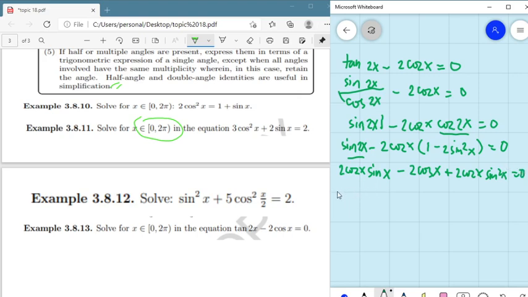Factoring the 2 cosine x, what is left here is sine x minus 1 plus sine squared x equals 0. So arranging the terms here so that it will be easier for us to factor out 2 cosine x, quantity sine squared x plus sine x minus 1